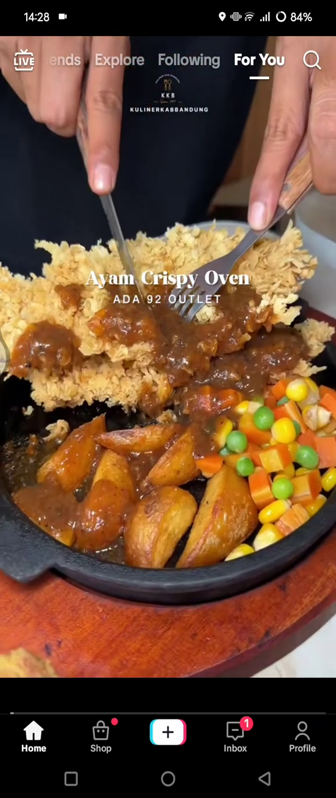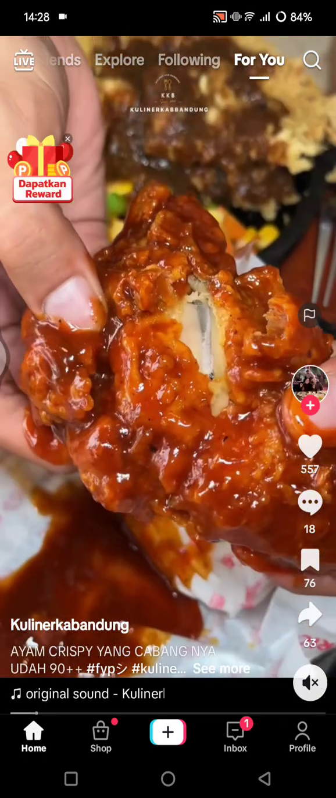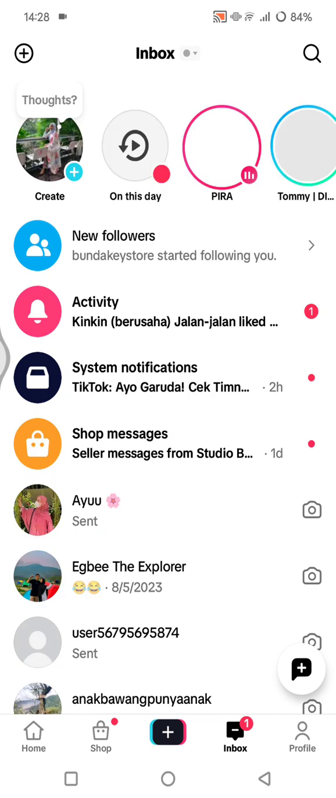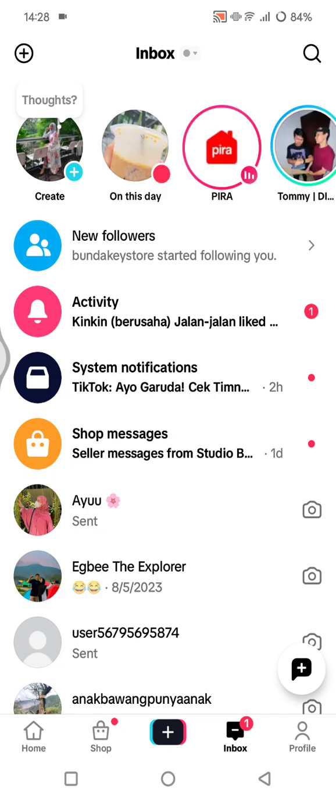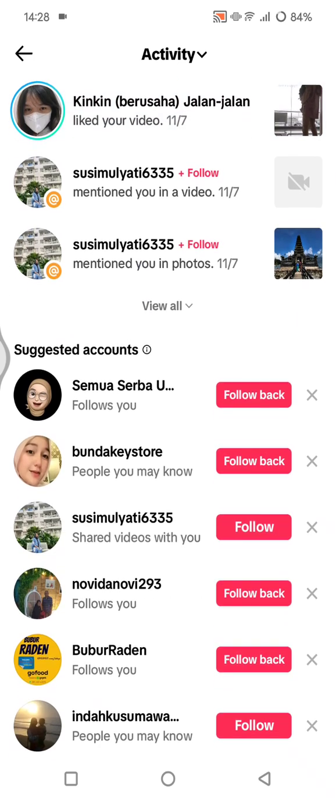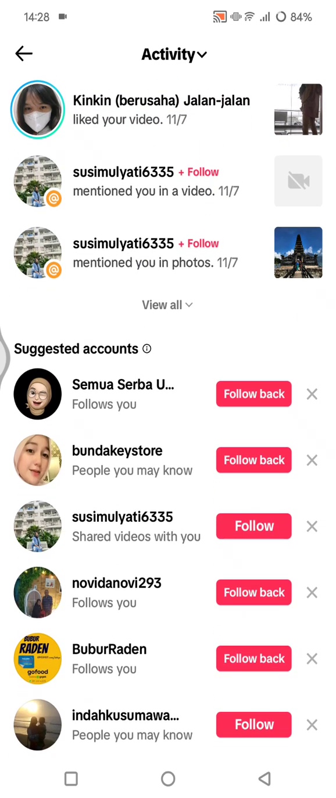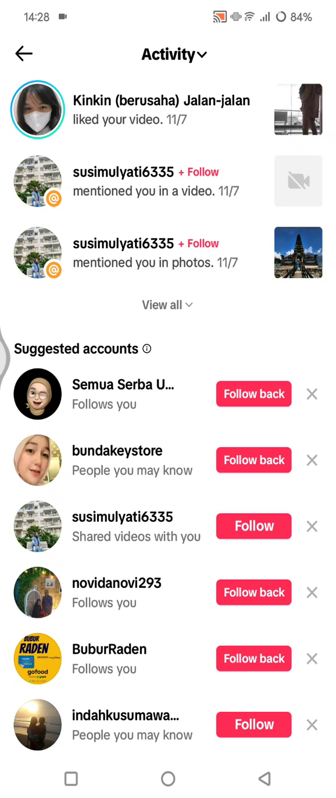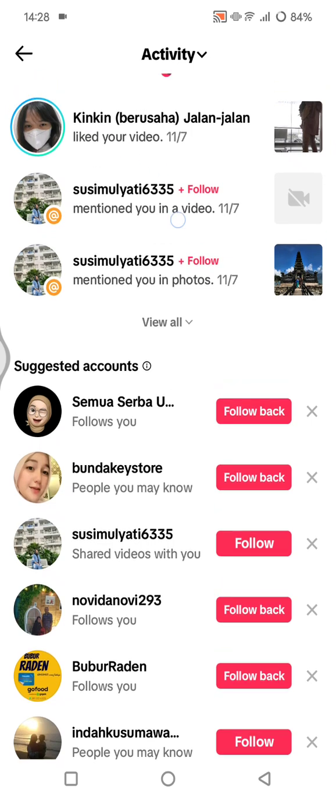Okay, so in the past, if you wanted to see your mentions, you could simply go to Inbox, and here you can see your activity. Click on this and you'll see the mentions in here. You can see this is the mention, but my friend seems to have deleted it. So if you want to see the history, you can just go with this. So this is not